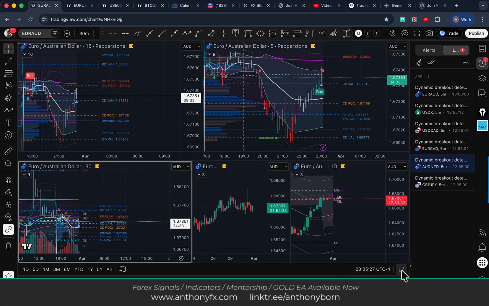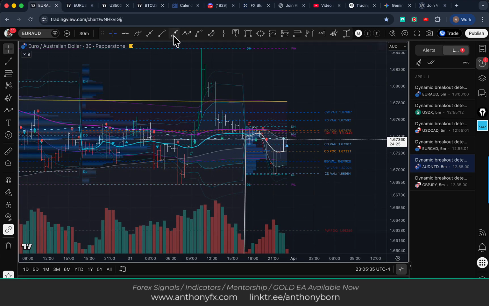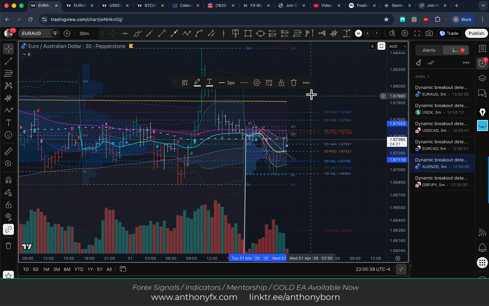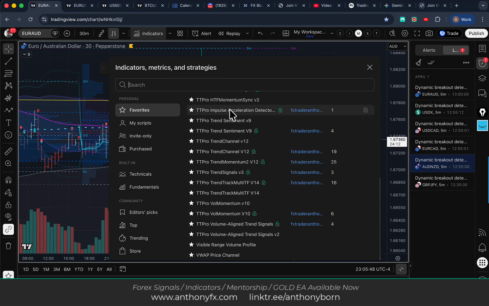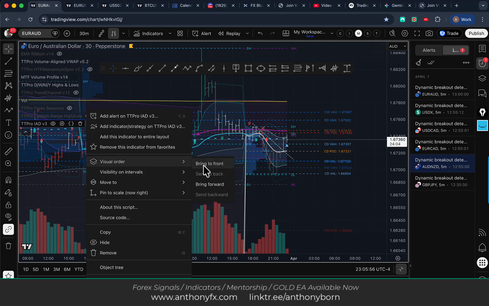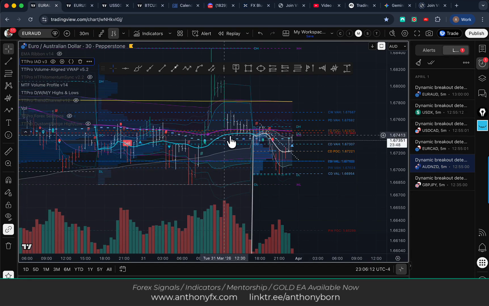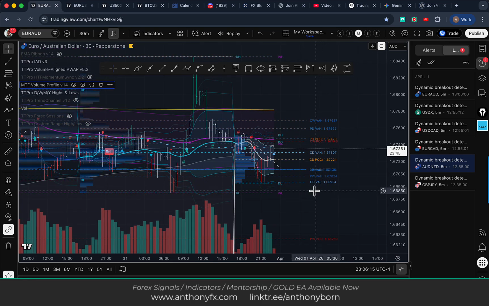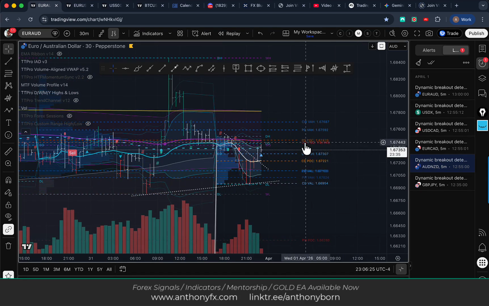Okay. Have a look at it on the 30-minute. All right. So what the indicator gives us is that has broken out. We can actually bring it on. Velocity, what's it called? Impulse acceleration detector on the 30-minute. We can throw that on here. I'll just take it up to the top and drop it back one. Okay. So that'll give us some signals on the 30. Yeah, that's range bound. I'm not going to get involved with that. Now, the only way I would get involved with this would be, actually, we do have a higher low here. I don't mind that. But I would like to see this, the red